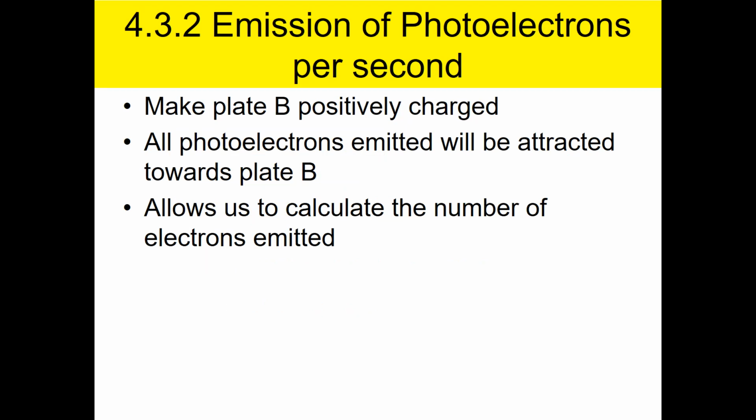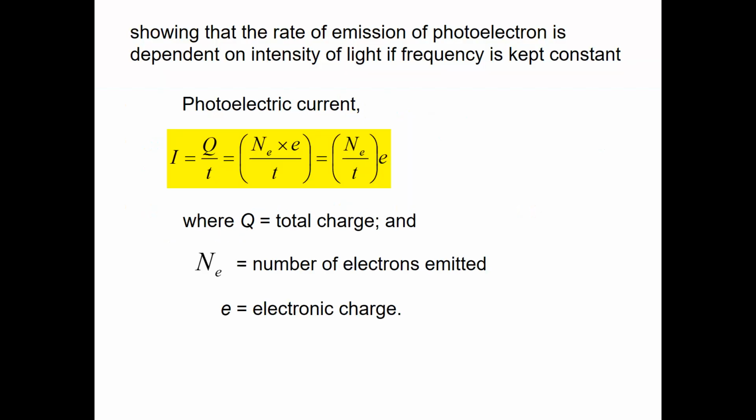Okay? I'm showing these concepts to you in a slow way, so that later when I give you the big piece, everything falls into place. So you must promise to come along with the ride. So, once we know the current, if I attach an ammeter to plate B, I know the current, I know the charge because they must all be electrons, I can find the number of electrons over time. Note that this is the rate of emission of photoelectrons, not photons.